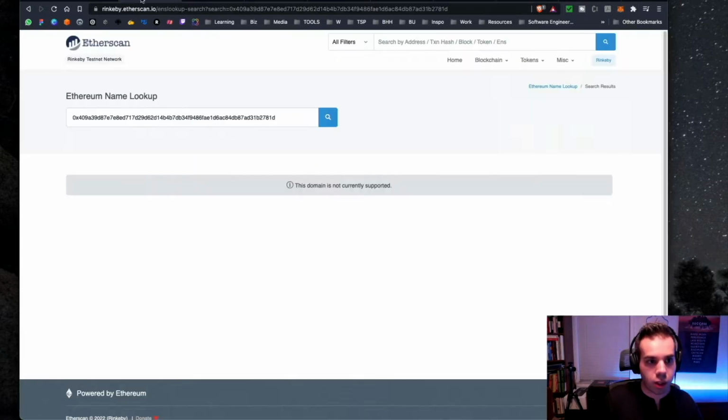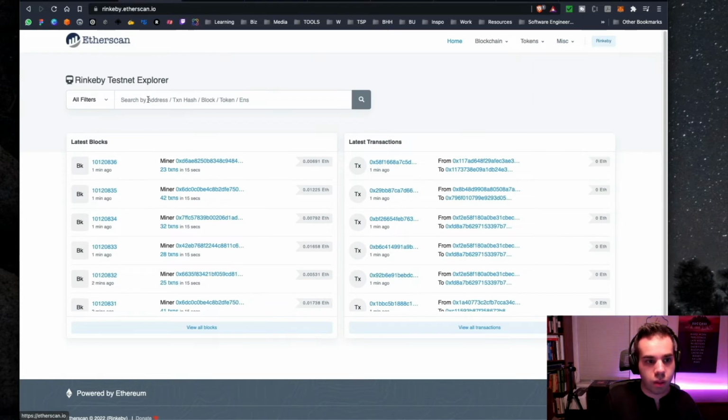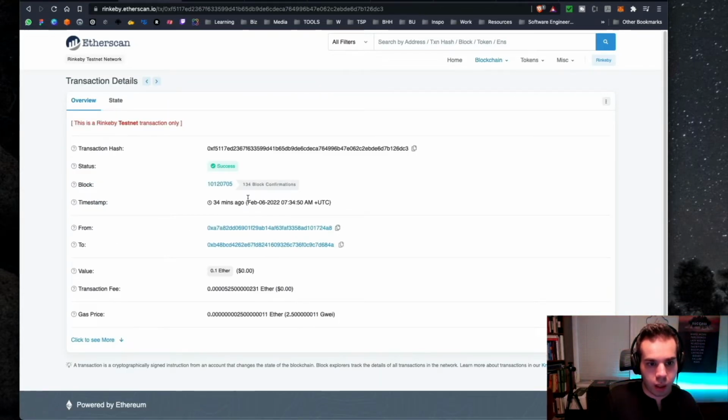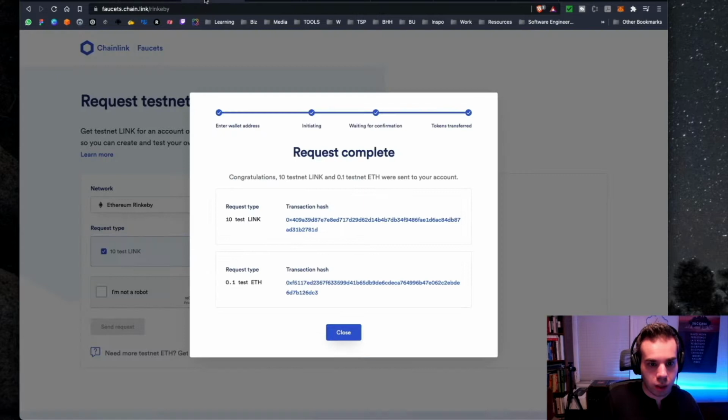Just copy our address here. All right. So I was able to search through the address, and this is all the information that just popped up. So I just received 0.1 ETH, and that was this transaction. So actually, let us pull this up. Now let's see if this actually matches up with this. Oh, right. So it was this one. So we're actually calling from this one.